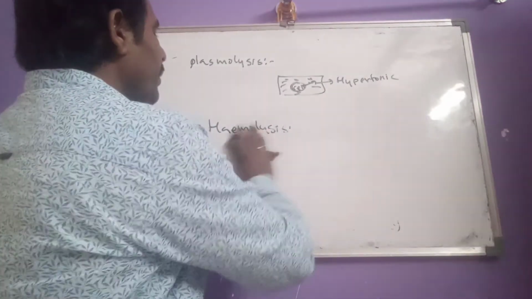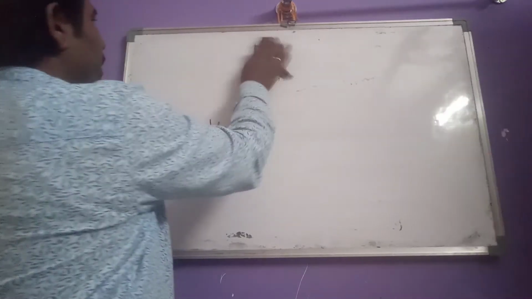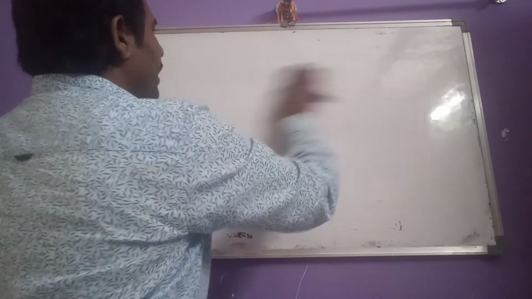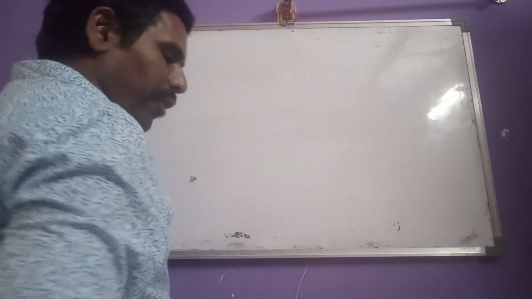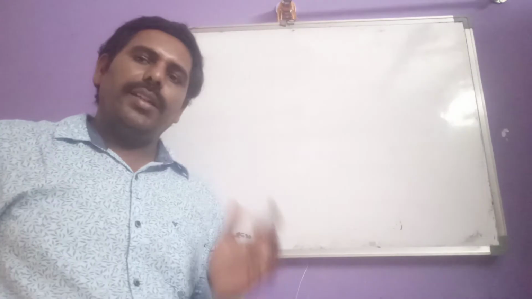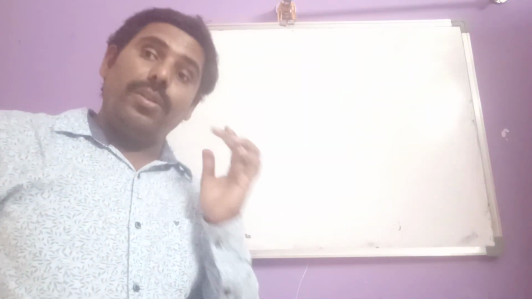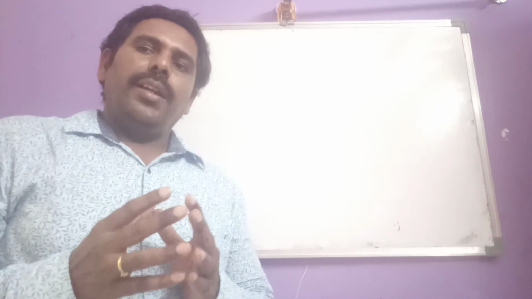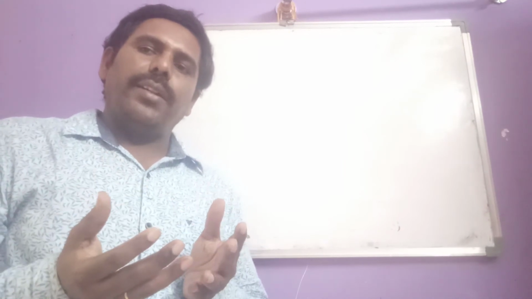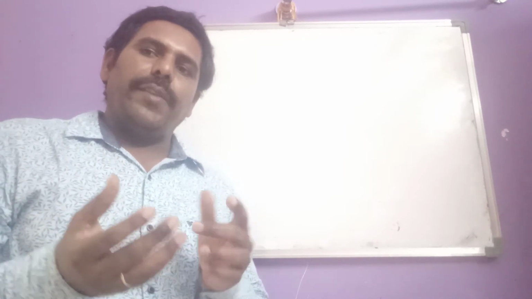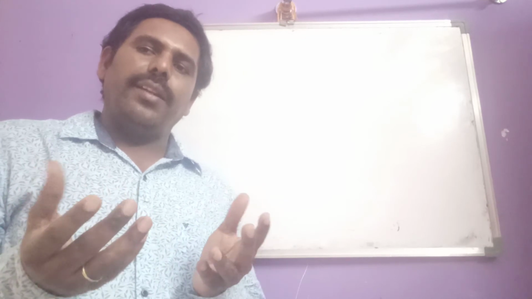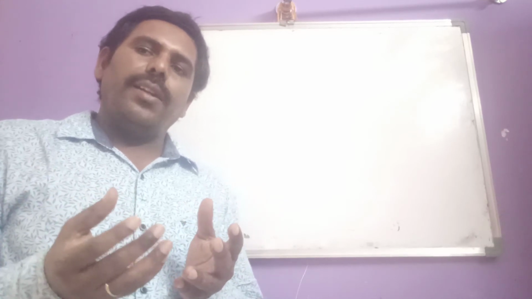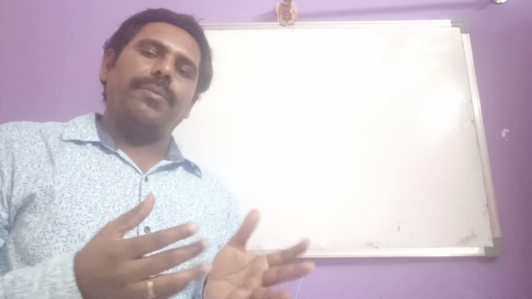Okay, then after this, what are the general processes in which we are observing osmosis? So what are the general examples for the osmosis process? So first one, if you go to, say, a vegetable market or anything, what happens here? You can buy, for example, carrots or something else.